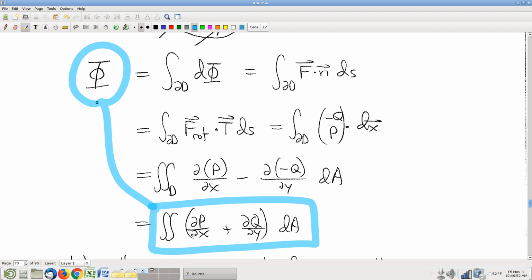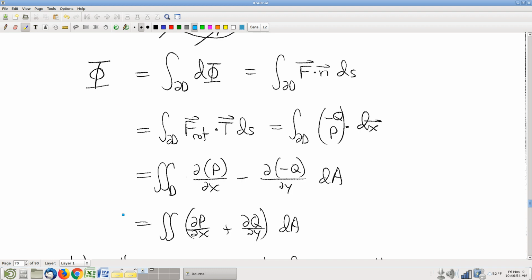Okay, one detail to worry about in this little calculation. Notice that this formula at a glance looks wrong. I thought it was dq dx minus dp dy. So what's up with the p and the minus q? Where'd that come from? Well, keep in mind that formula is really just on the assumption that your vector field